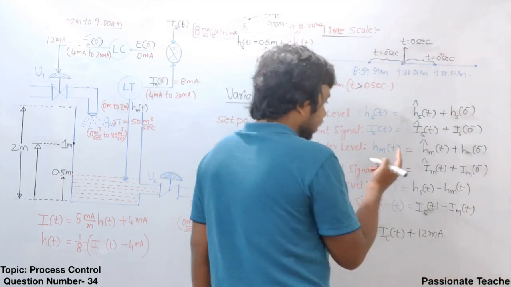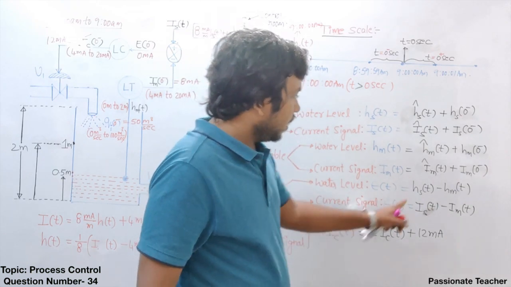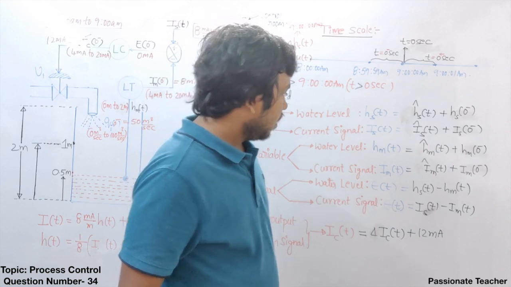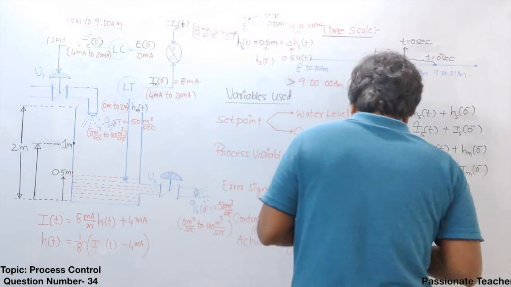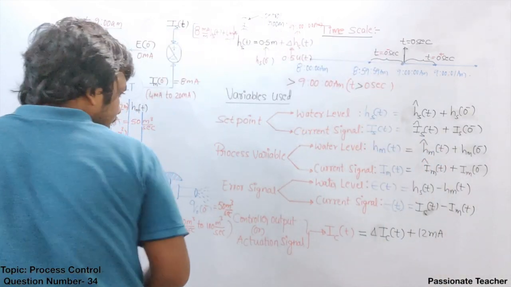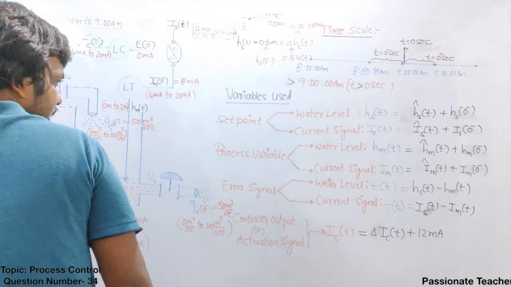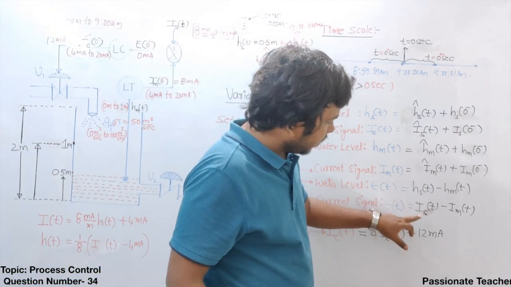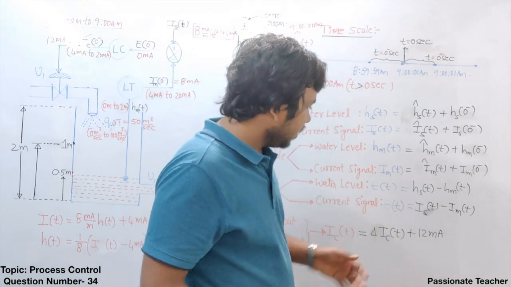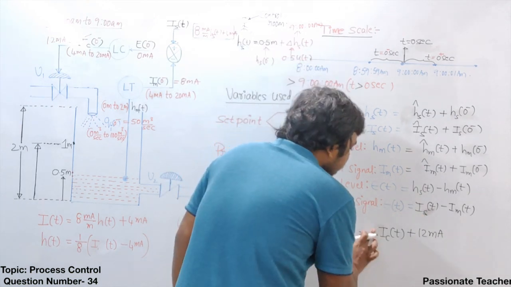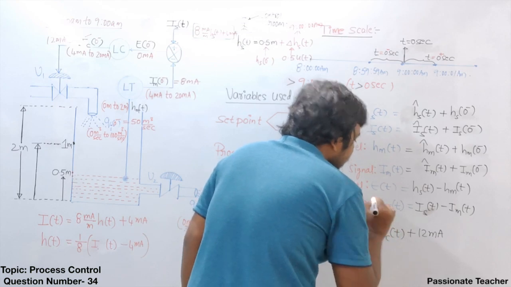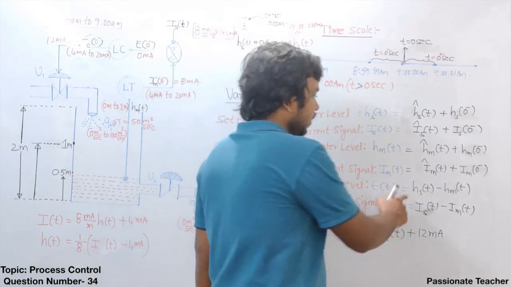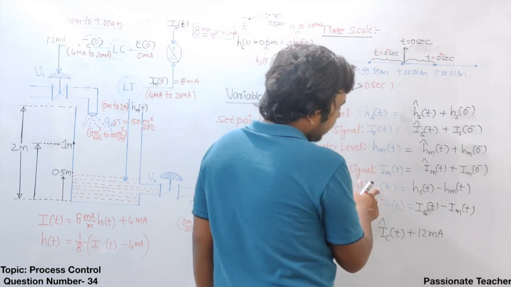Okay, and error, when it comes to error, Hs of t minus Hm of t we are taking. Correct? So error can be given like this only. No need to change this one. You can keep this one. And when it comes to current here, we should write down this as now Ic cap of t plus 12 milliampere. And if you are not interested to see these lines, then you can even write down e of t